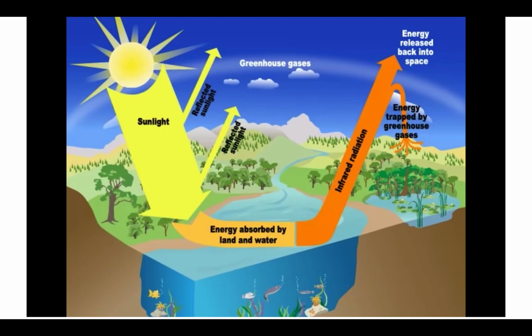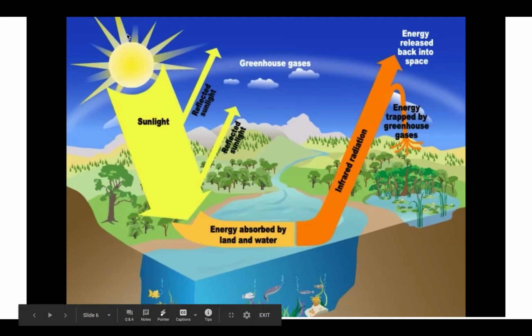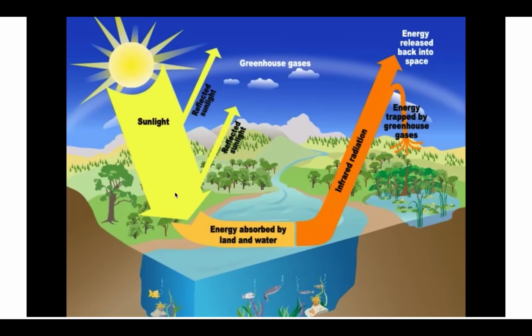So this is a better visual representation of the greenhouse effect. Here you can see that the sun is directing sunlight towards the Earth, and the shorter wavelengths are being reflected by the particles in the atmosphere or on the Earth's surface right back into space, while the longer wavelengths, which is the majority of the wavelengths, I forget if I said that before, are longer wavelengths that the Earth